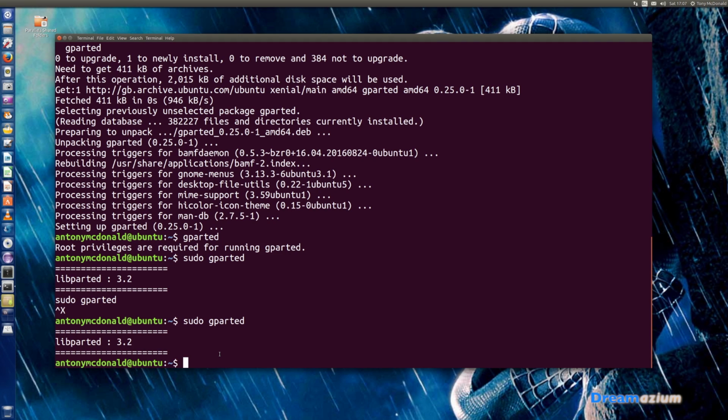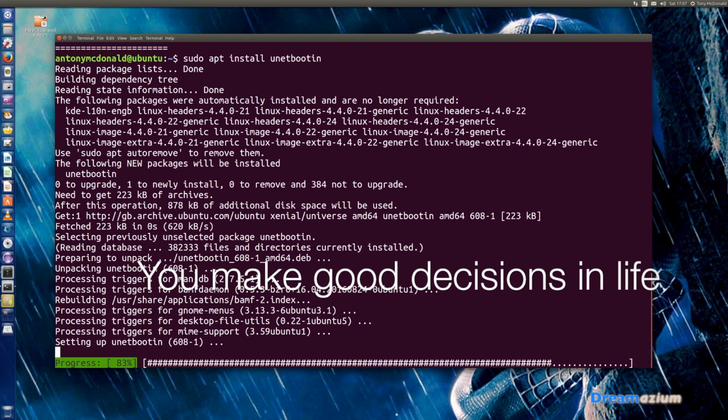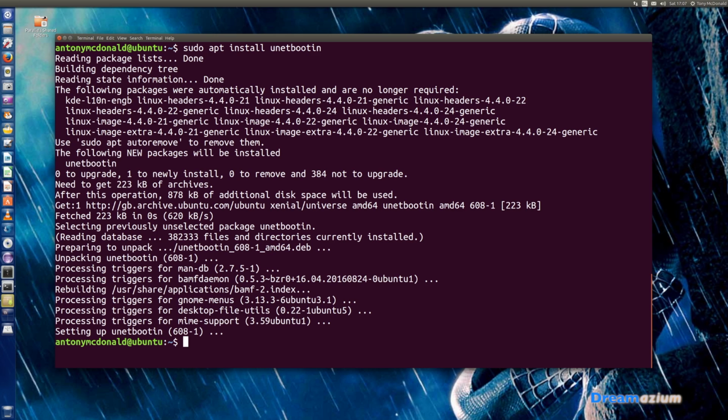The next step, we're going to install Unetbootin. Okay, so if we call this